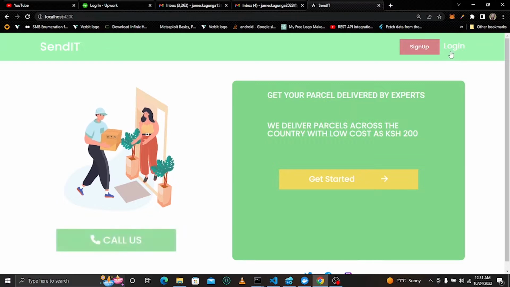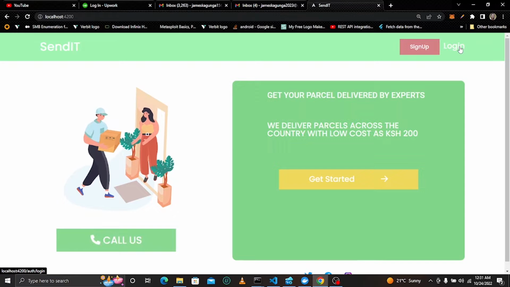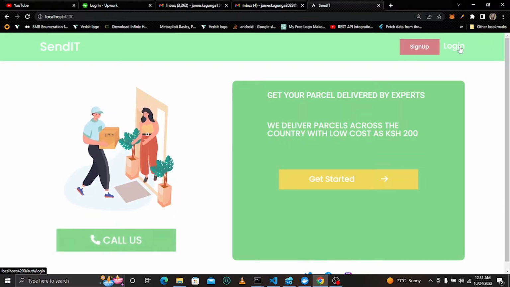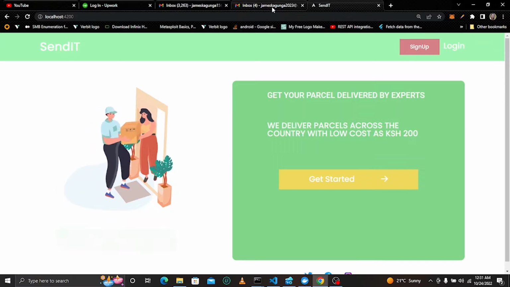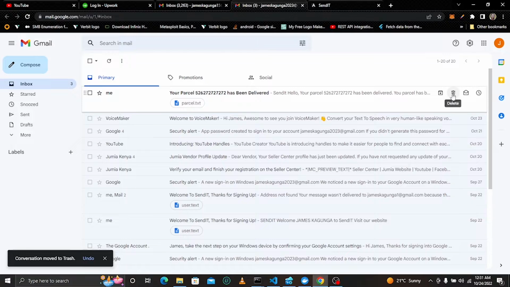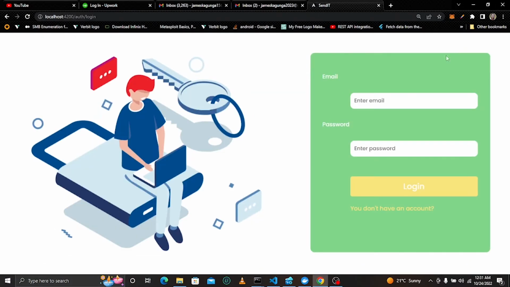So to start with, we will log in as user. We just go to the side of the admin, and then we will create the parcel, and then afterward we will register as a user. First of all, let me come here and delete these emails that were sent when I was testing the application. So we just come here into a login page and then log in as admin. Here just like this, and then I enter the password here,